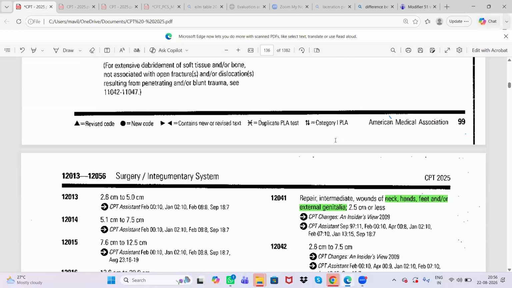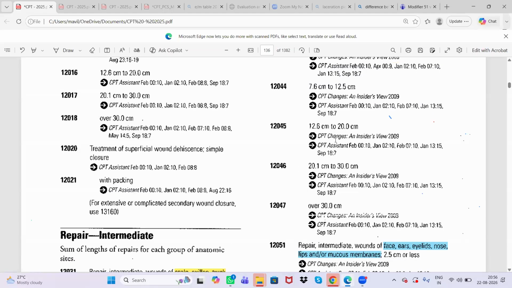So, are we good with the repair? Do you have any questions on the repair? I have one doubt, ma'am. Yes, go ahead. Will every laceration be closed with sutures or staples, ma'am? No, not every laceration. It differs by material. But if a face laceration is repaired with tissue adhesive, then is it one CPT series or any other series, ma'am?